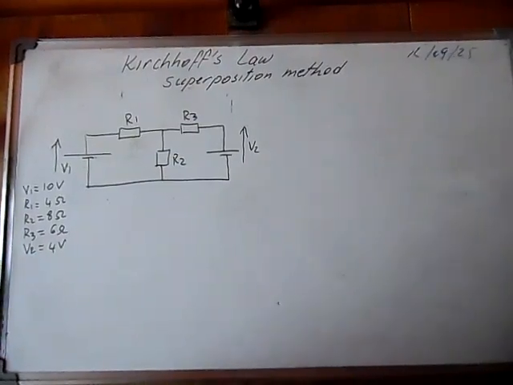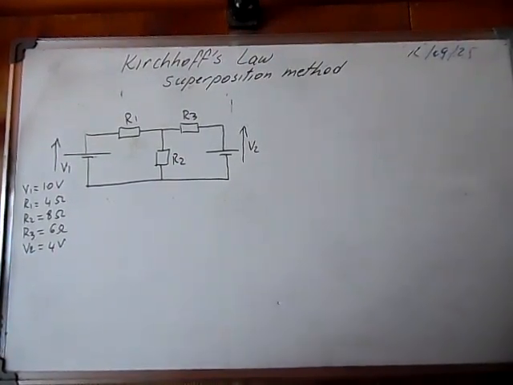Morning. Suppose we have a circuit like this and we want to calculate the current flowing in the branches. We're going to use two methods, Kirchhoff's law, and we will try to introduce the superposition method, which states that a circuit, we can divide it in many circuits